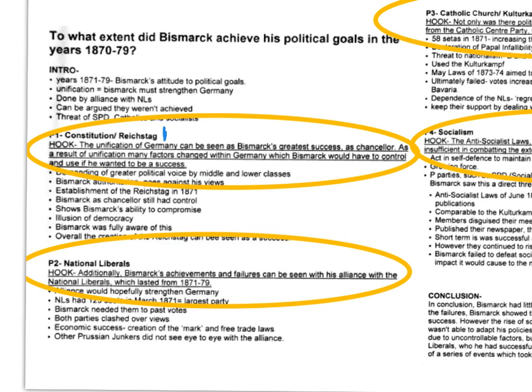So what's the key point they want to make in that paragraph? That's the key point, the bit that's underlined, and then the type of information they're going to try to include to develop that key point before they move on to the next building block, which is the National Liberals. They actually write the topic sentence into their plan, so they know exactly what the topic sentence is, and how they're going to develop that topic sentence. Okay, there's a good rule of thumb. So I'm following that sort of guidance in the rest of this walk and talk video.